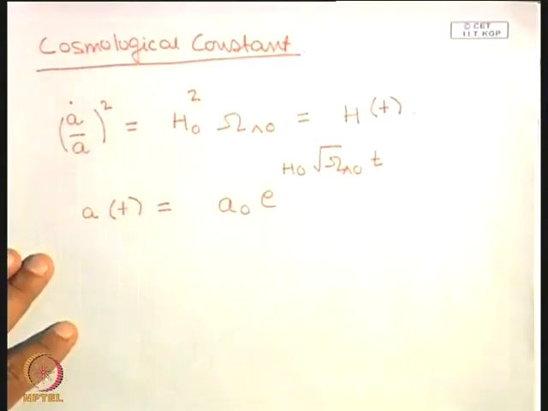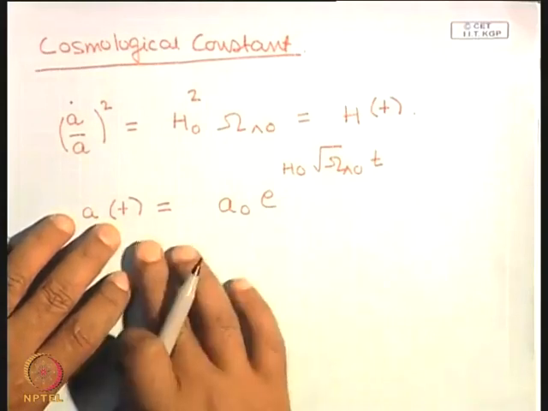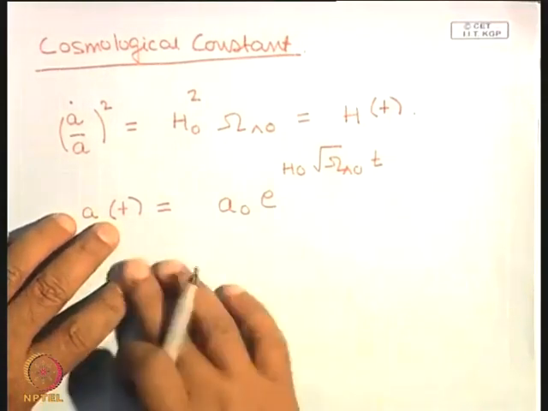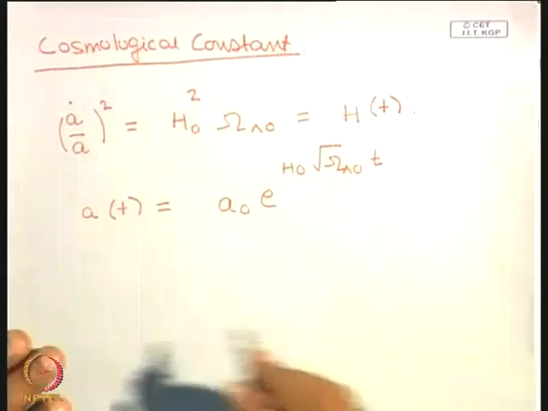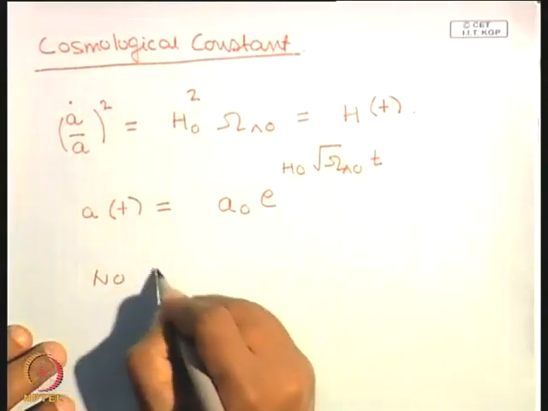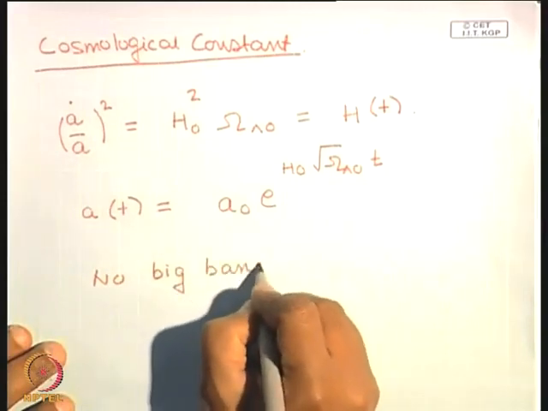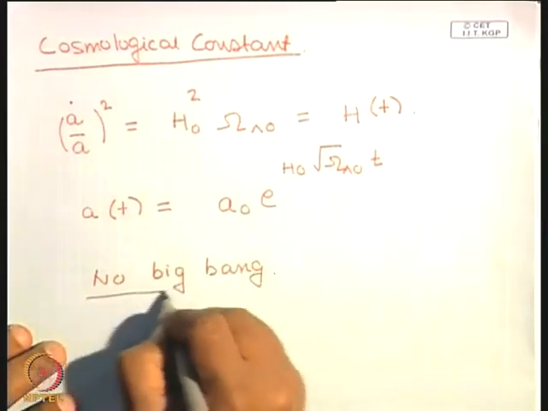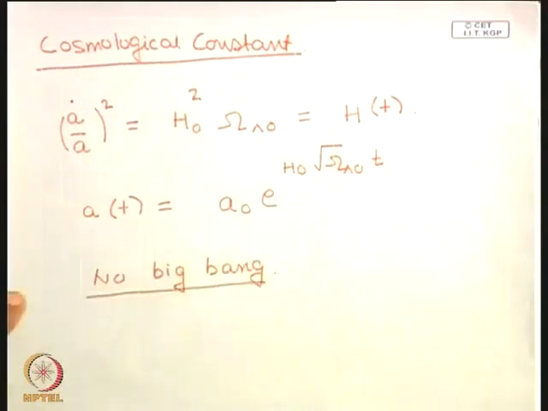So, this universe has no singularity; it has a singularity at t equal to minus infinity, which basically means that there is no singularity, there is no Big Bang in this model. Okay, there is no Big Bang. It is an ever expanding universe with an exponential. Okay. So in general,